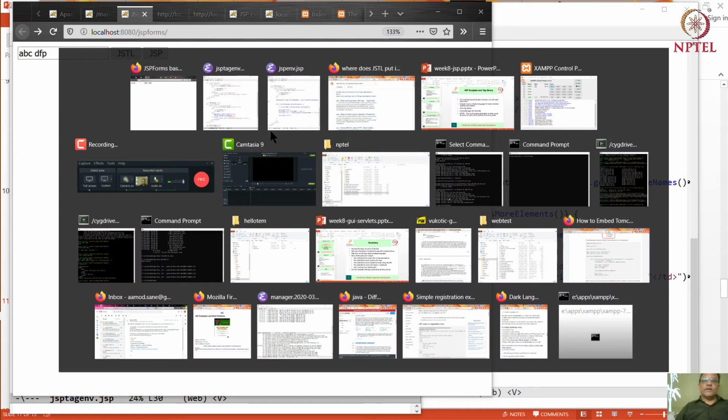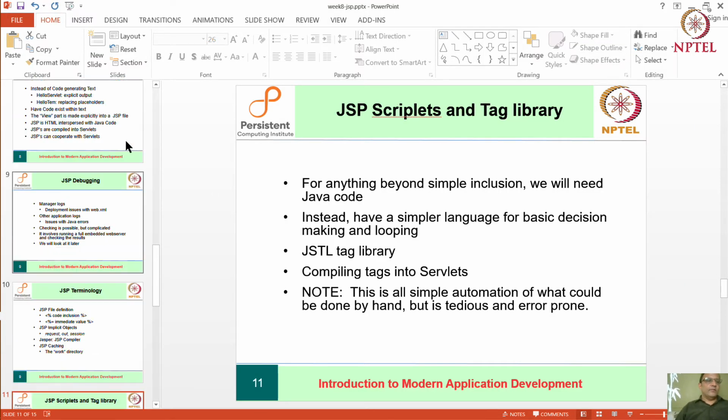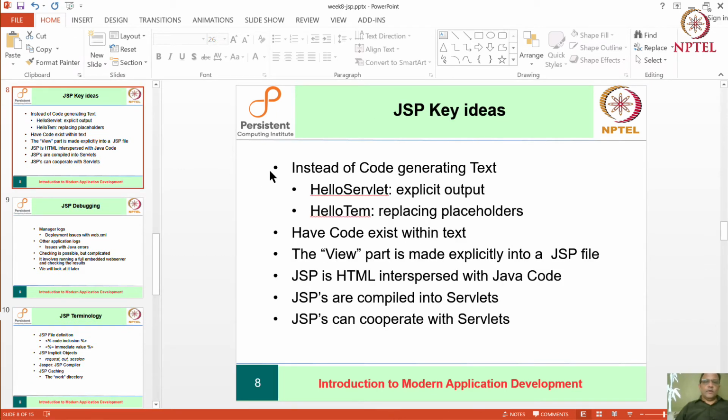Okay, now let's consolidate a little bit. So what we have now is key ideas. Instead of code generating text, code exists within text.